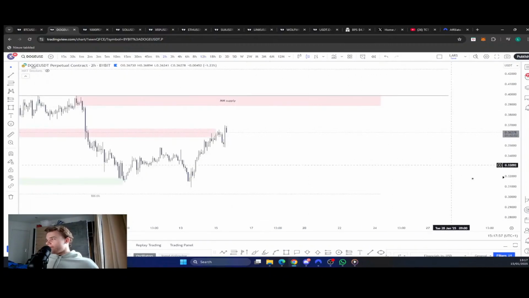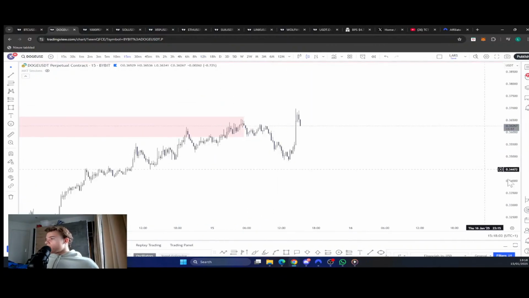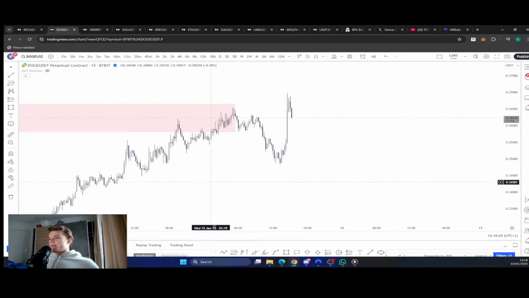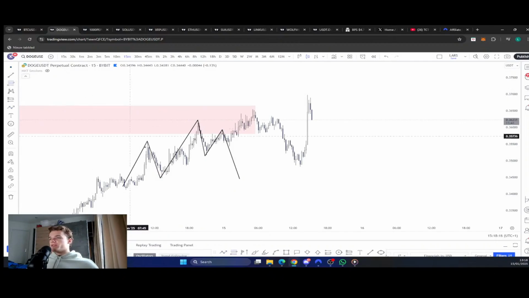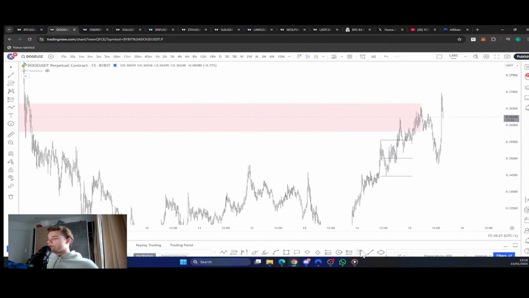Okay, so we came into this double breaker. And initially speaking, I was watching this right here. You had your 1, you had your 2, and this could kind of be the model 2 distribution schematic, okay, where you have the range high, you have the range low, and then you get that first deviation coming back or mitigating your resistance, also sweeping that good looking liquidity on the left right here, coming into your resistance,